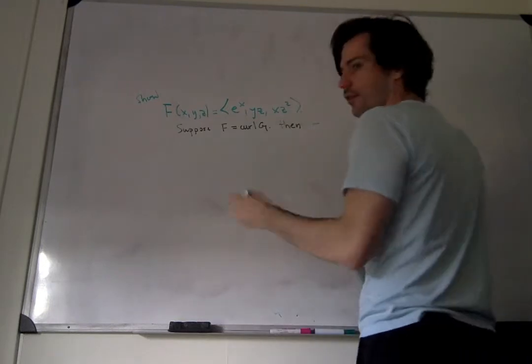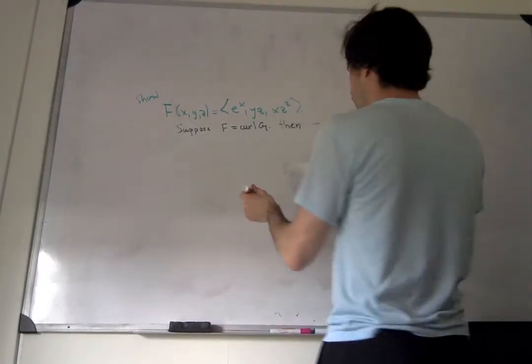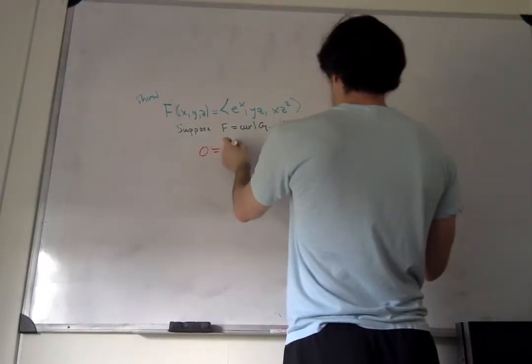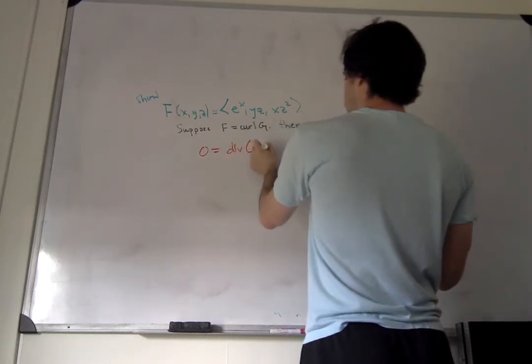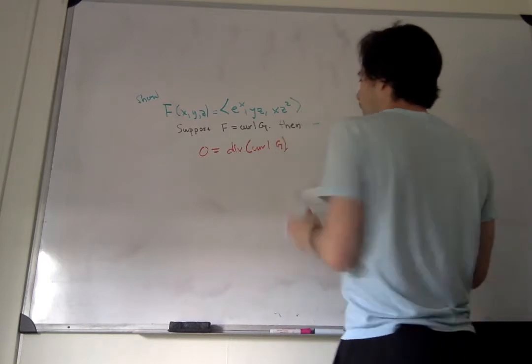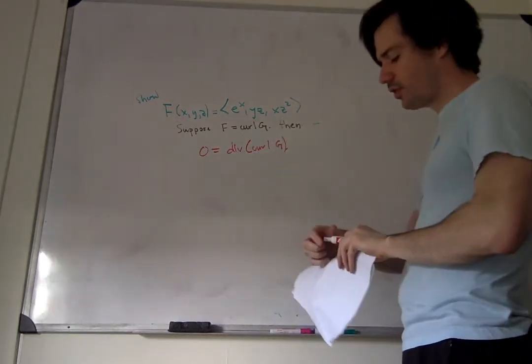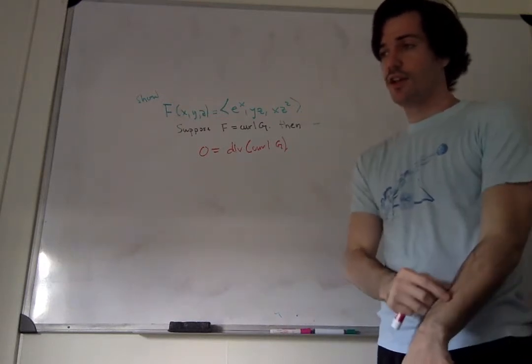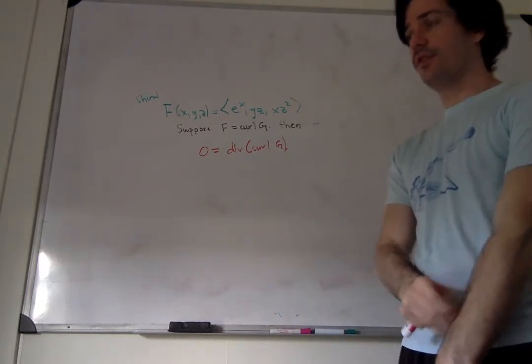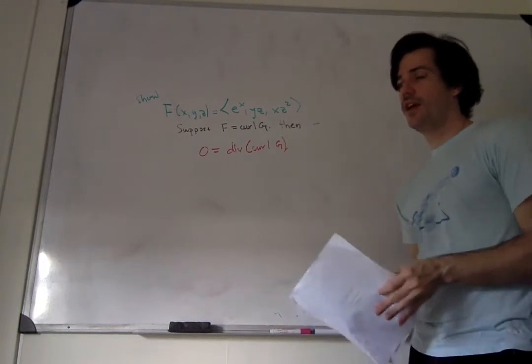what do we have? We have 0 equals the divergence of the curl of G. Now, where did I get this? This is just right out of your book, and you can show it. So you can just sit down, you can show it. It's very simple. It's going to follow from the fact that